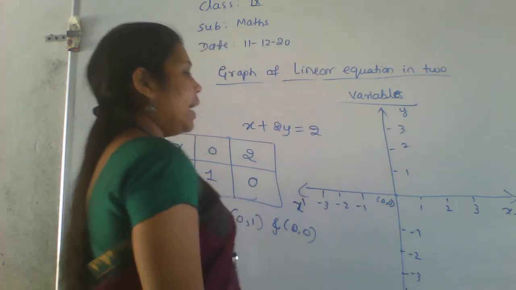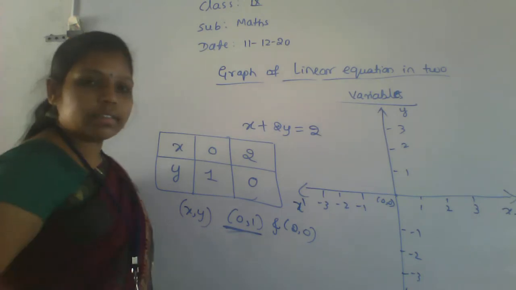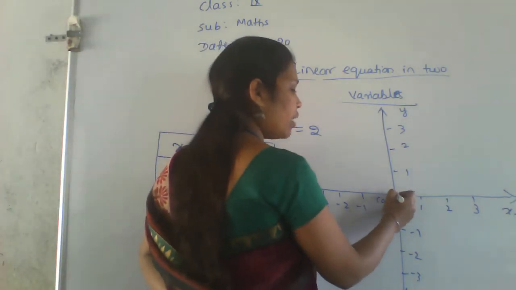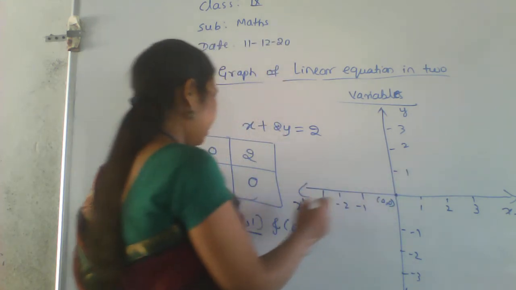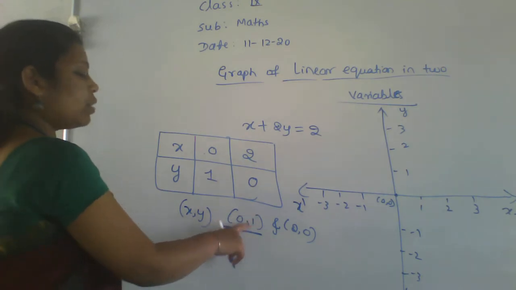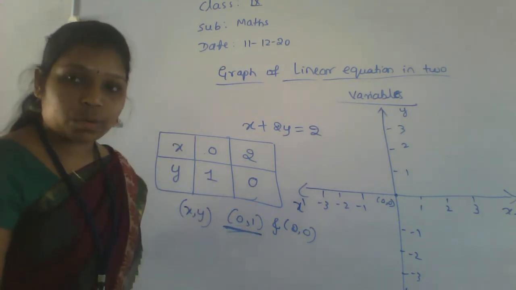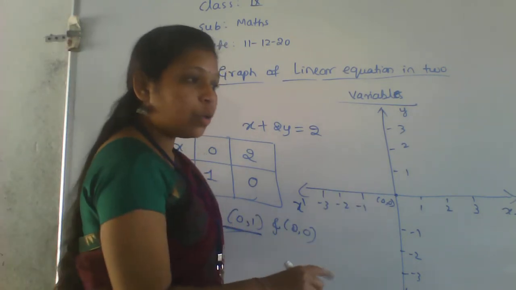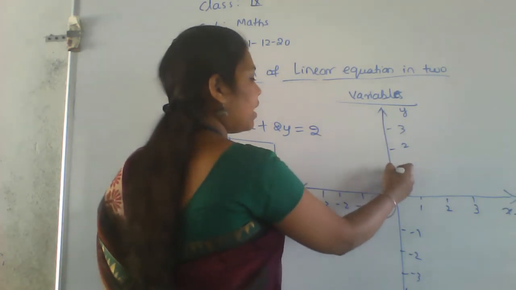Okay. In the x axis, what is the coordinate here? 0, 1. Observe, 0, 1. The first value is 0. The next value, 1, is the y coordinate. This belongs to y, right? Y means you have to plot that point on the y axis only. So here 1 is the y value. That's why we have to put that point on the y axis. So what is the value on the y axis here?